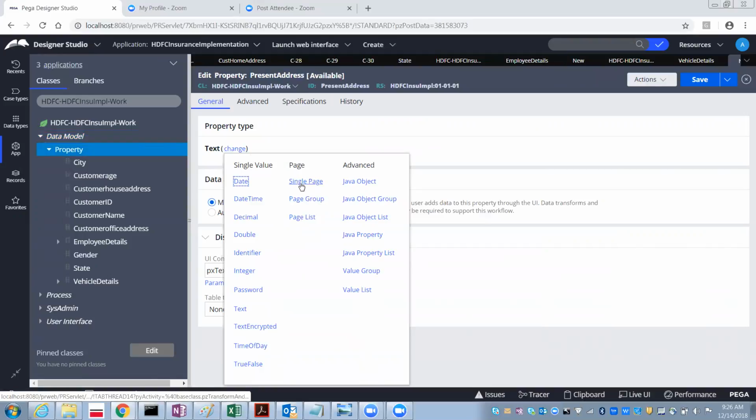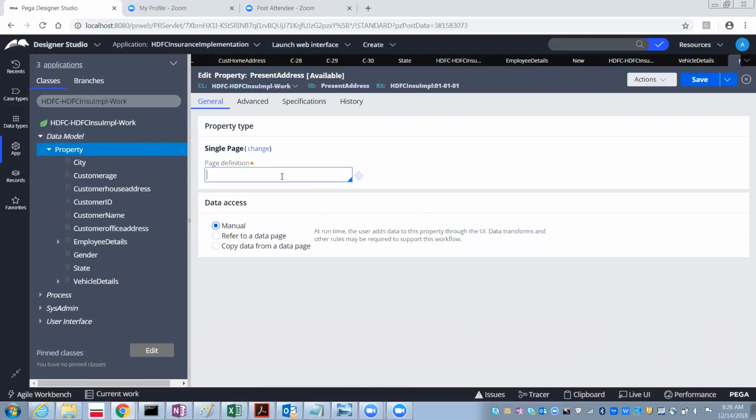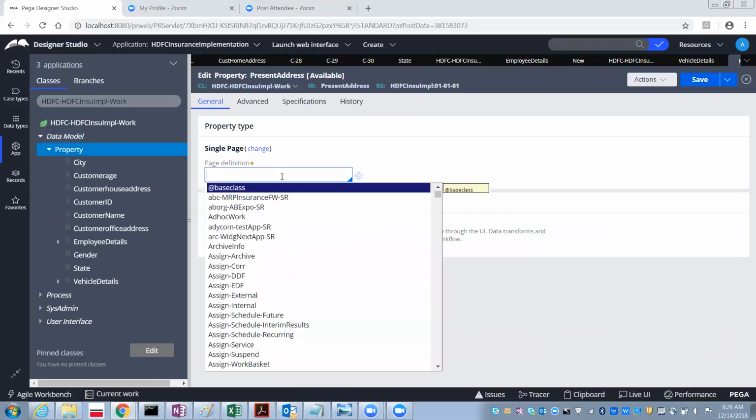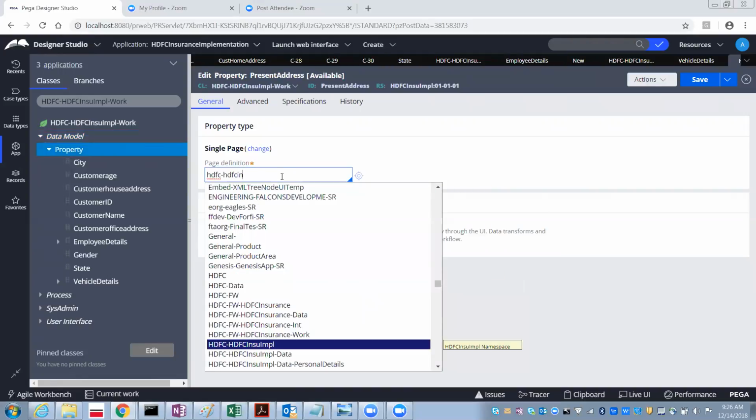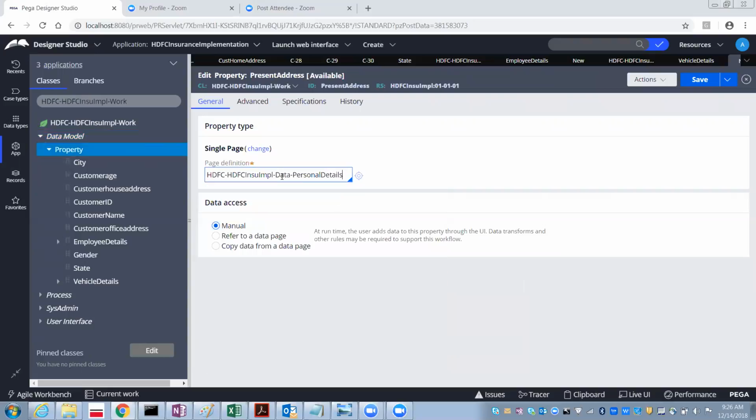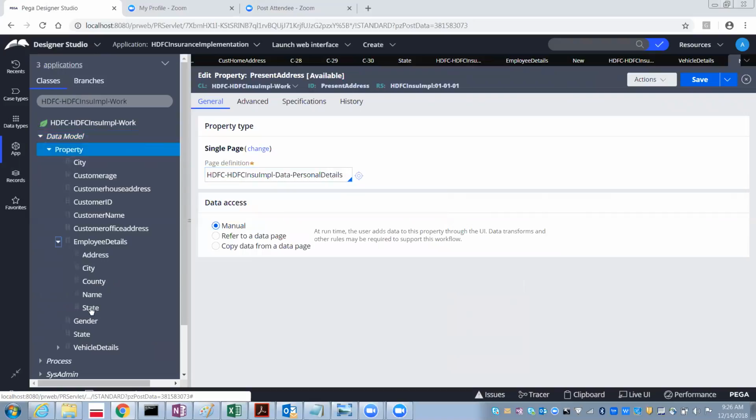If you want to have the single page, select single page. The page definition again refers to which class? This time it will refer to the personal details class. Why? Because under the personal details only we have address related things. So save it.